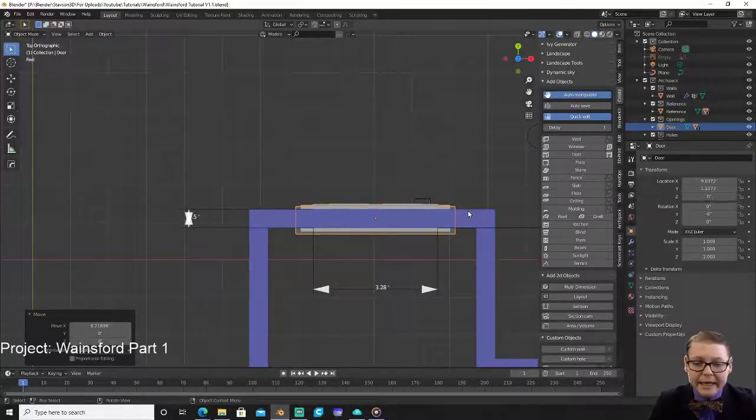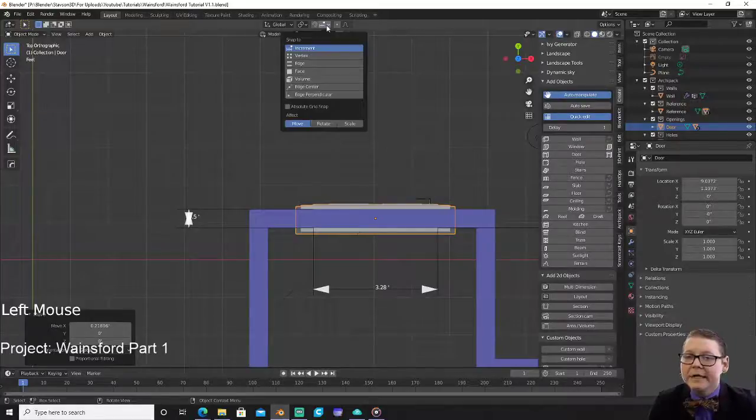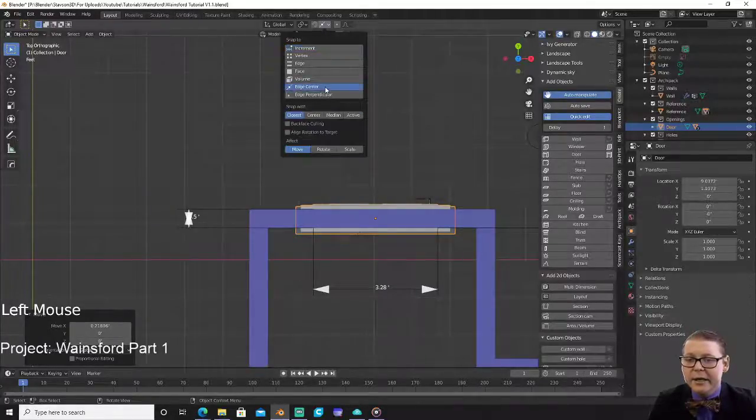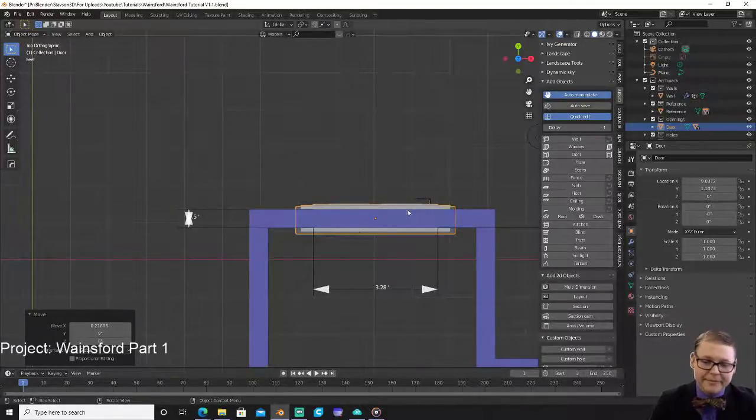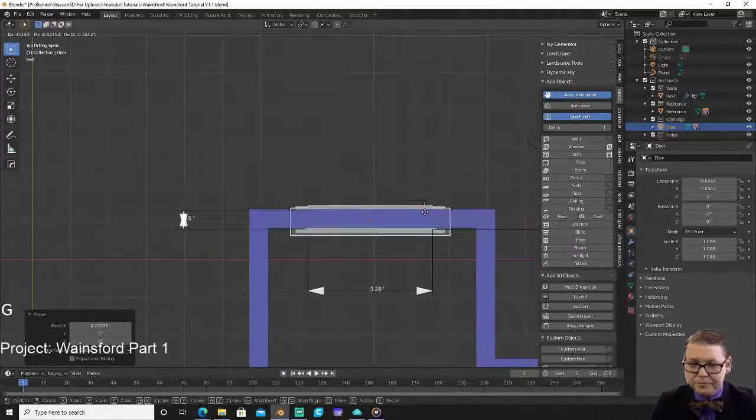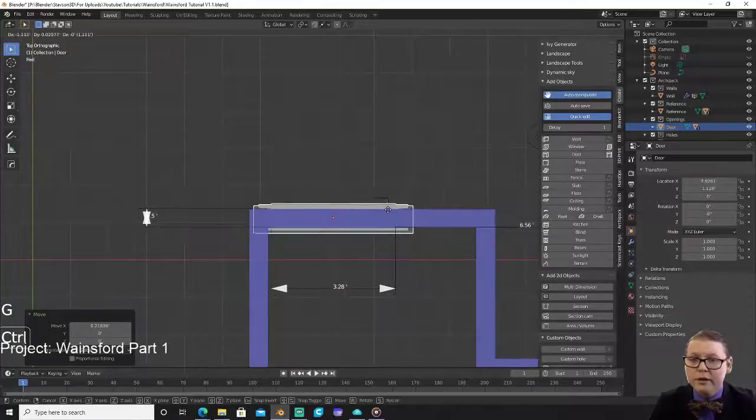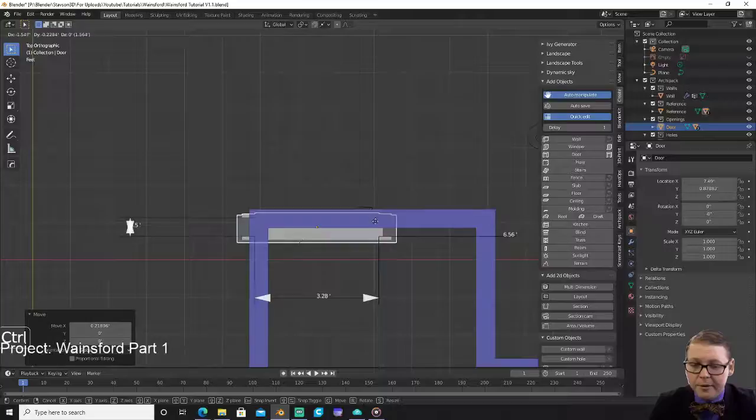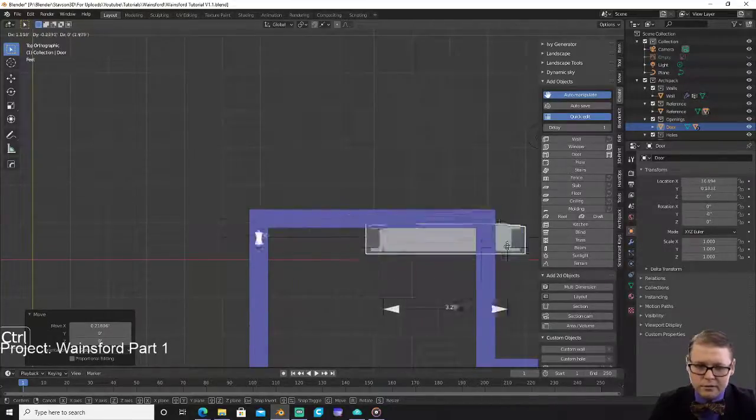But if you want to get exact, in here there is an edge center option where it'll snap something to an edge center. So if I hit G now and then Control to apply the snapping option, and then